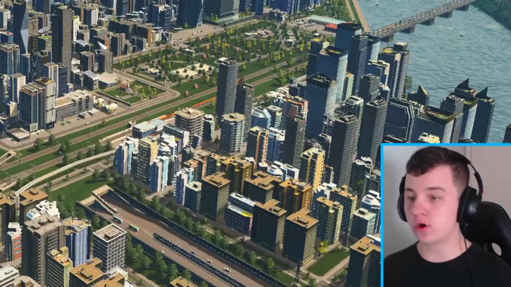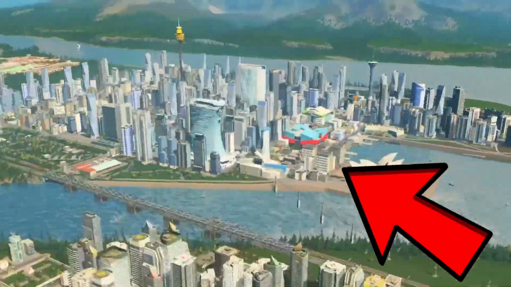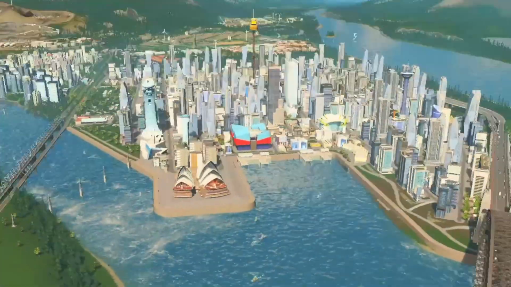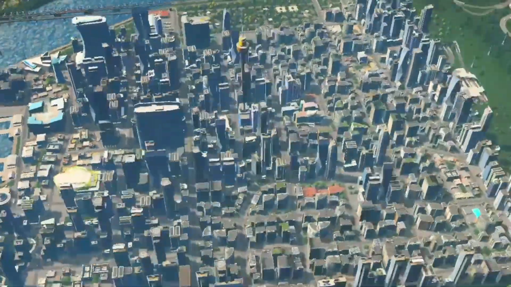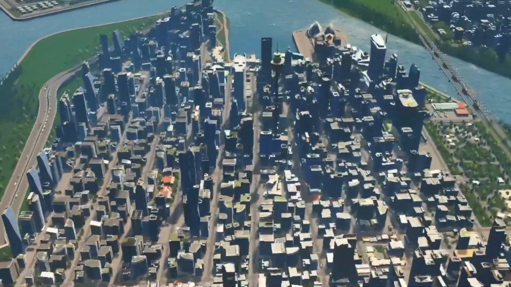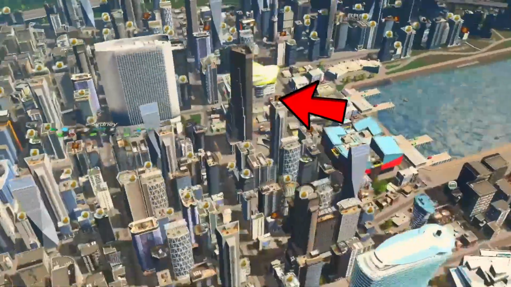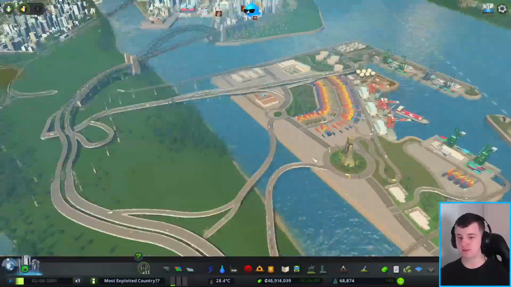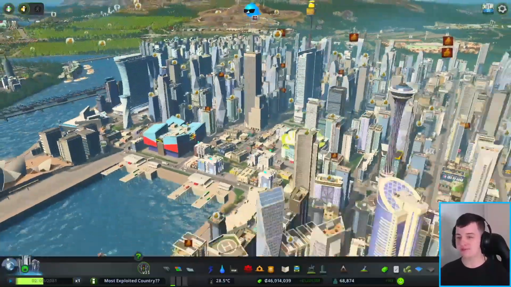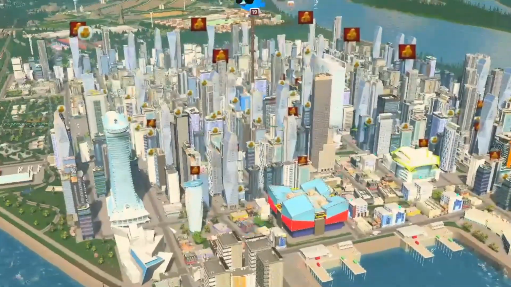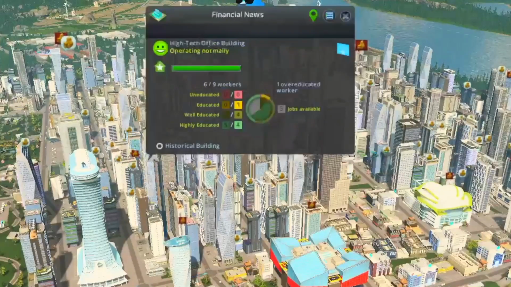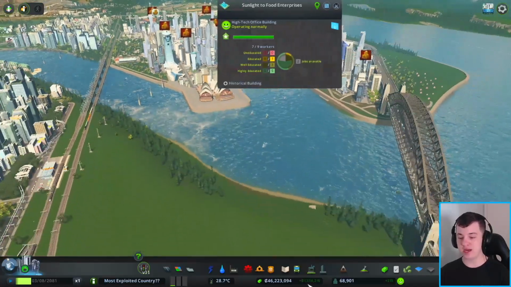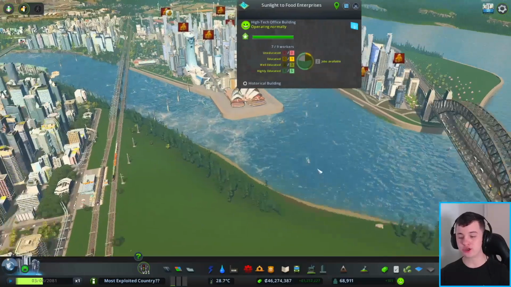A few months have gone past and this new city center has grown to its full glory. Honestly, so much going on. But you see, a lot of these buildings, not enough buyers, and well, it's looking like we're gonna have to start exporting a lot of stuff. Apart from all this madness of not enough buyers for a lot of these office buildings, check out how much money we're now making. $1.2 million